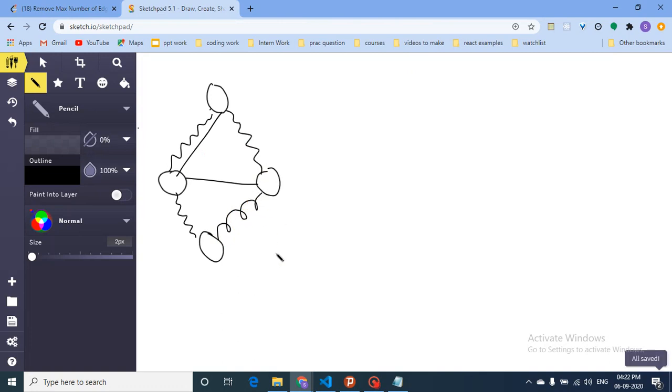Now what you actually have to do here is, let's assume that Alice can only traverse the edges which are straight or this wiggly. So what you can see here is Alice can move from here to here and here, but this red edge is waste as you can see. Alice can also traverse by this edge and this edge. If I remove this edge, I can still traverse from this to here. Also if I'm at this point I will go to this and this using this straight line, so I don't actually need this either.